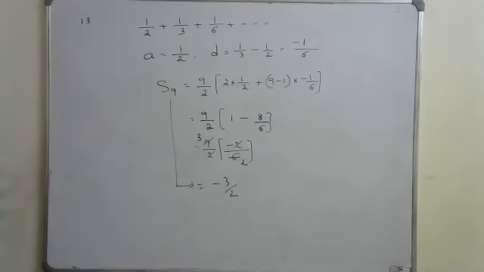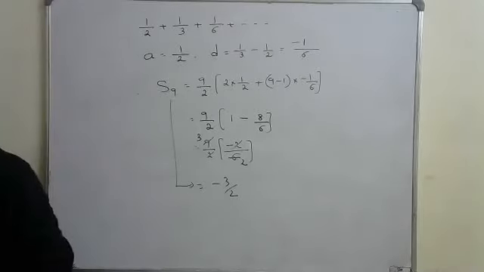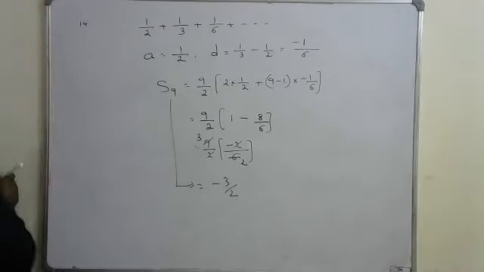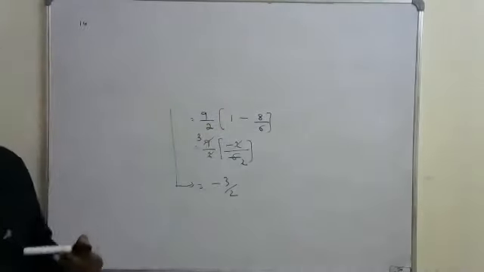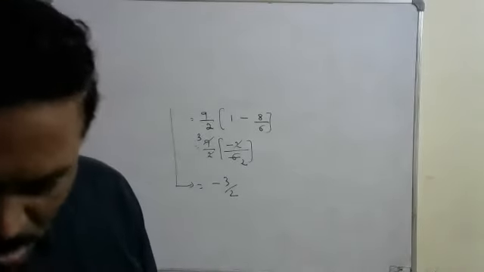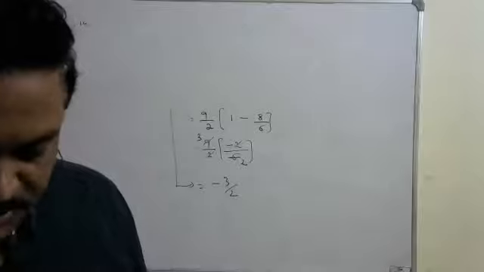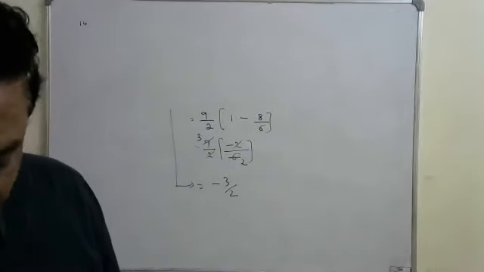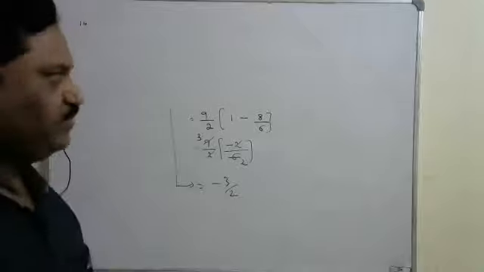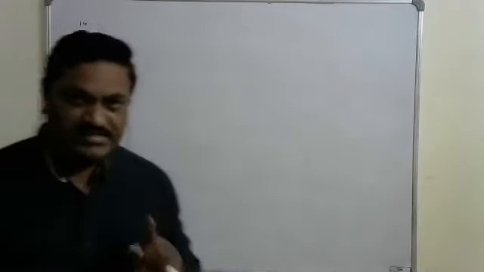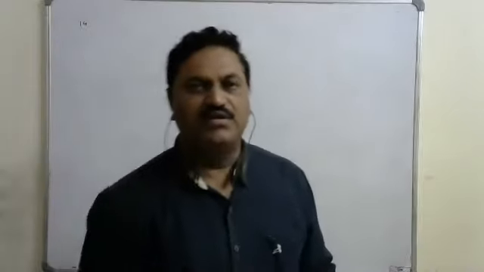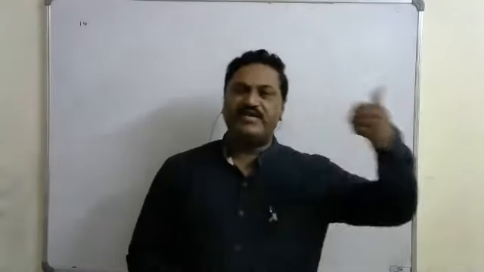Observe the problem number 14. Once understand the problem. What is the sum of all 2-digit numbers which leave remainder 1 when divided by 3? When you divide that number by 3, it has to leave the remainder 1. We need the sum of all such 2-digit numbers, right? So 2-digit numbers start from 10 to 99.